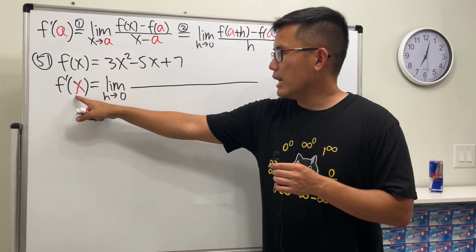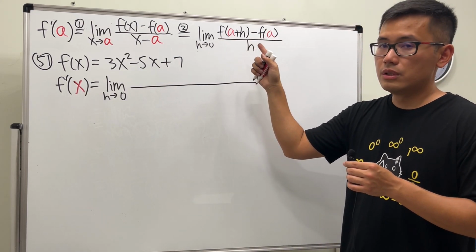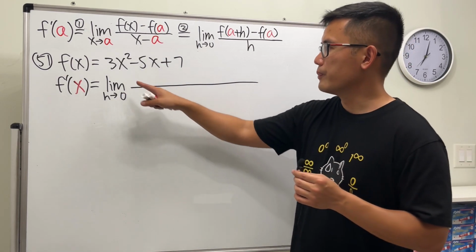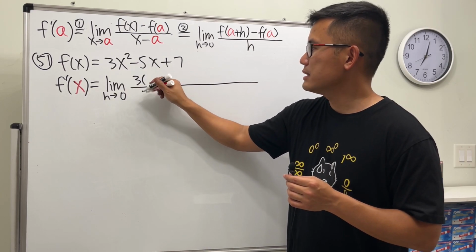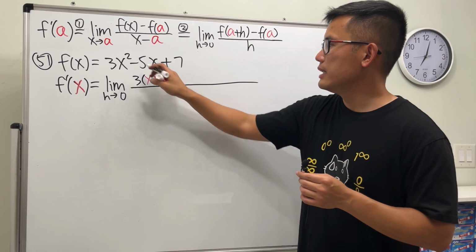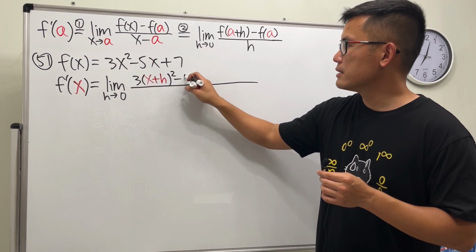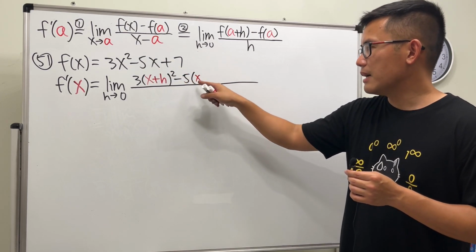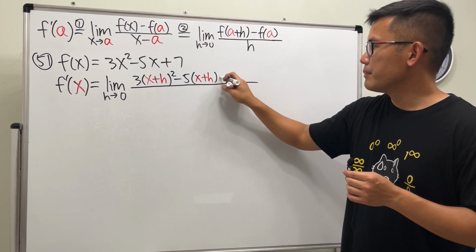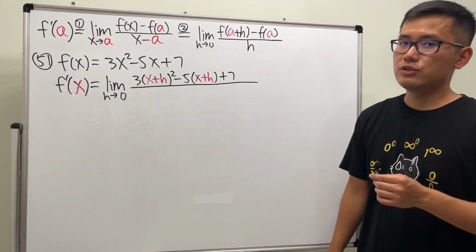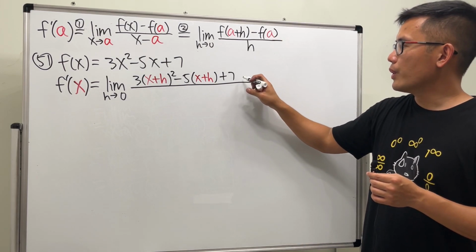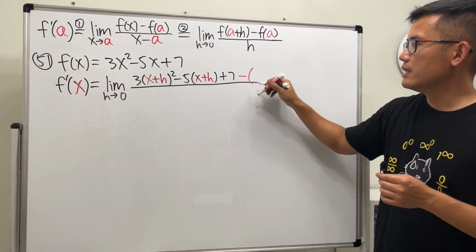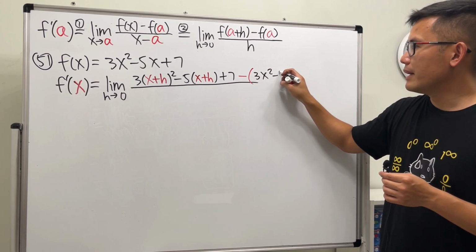Anyway, we want to have f of x plus h. So what that means is, we want to look at all the x's here and then plug in x plus h. I'll show you. We will first get 3 times x plus h, and then square that, and then you continue minus 5 times x plus h, and then plus 7. So that's the f of x plus h part. And then we want to minus f of x, which is just the original. So we just minus, and then we just put this down. 3x squared minus 5x